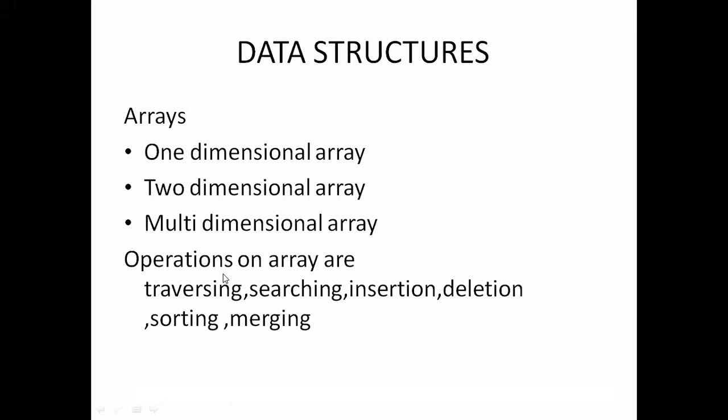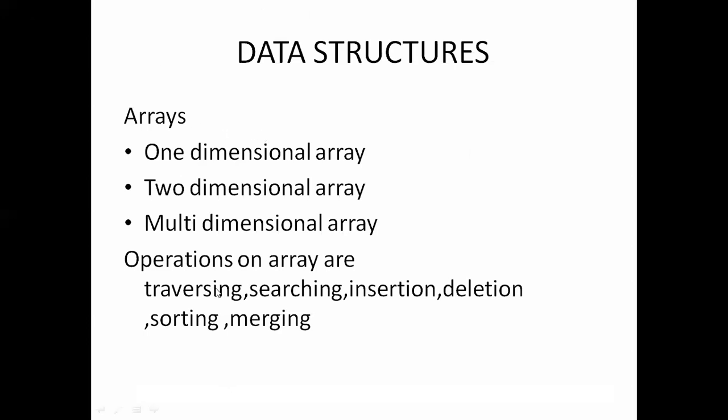The main point in an array is that the elements of the array will always be stored in continuous memory allocation, as I explained in yesterday's class. The number of elements that can be stored in an array is the size or length of the array, given by the user. Before using the array, you must declare the size of the array, before starting the program. Then only you will use different operations on arrays.